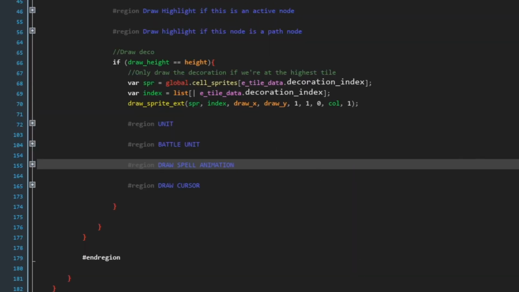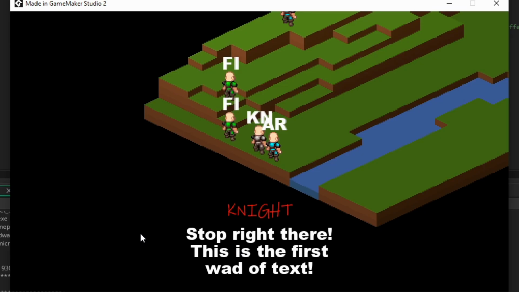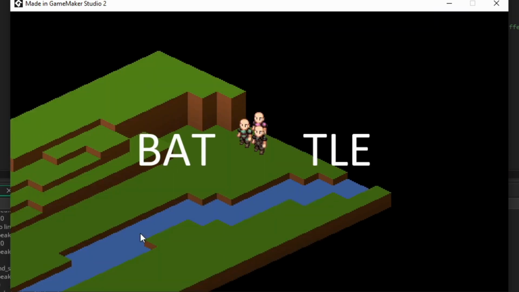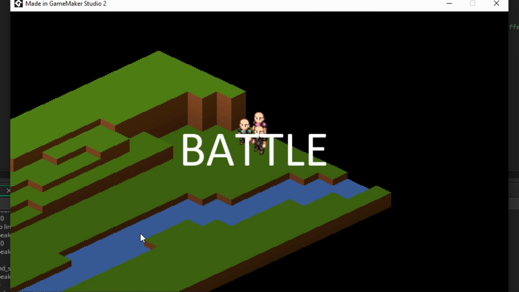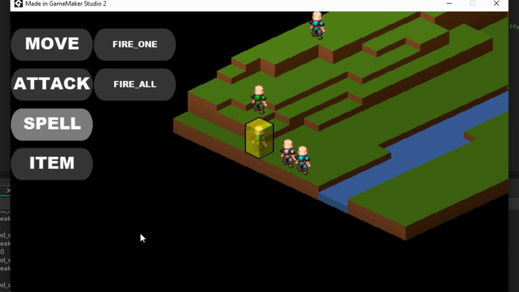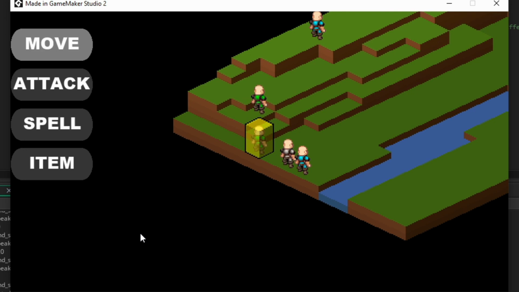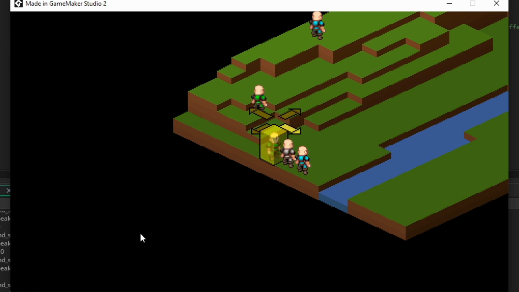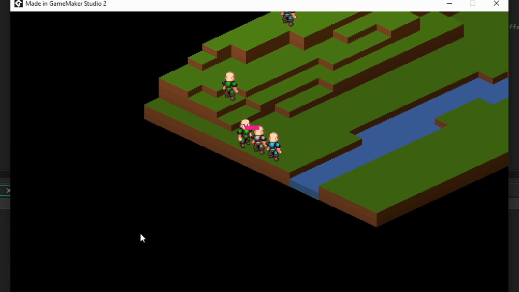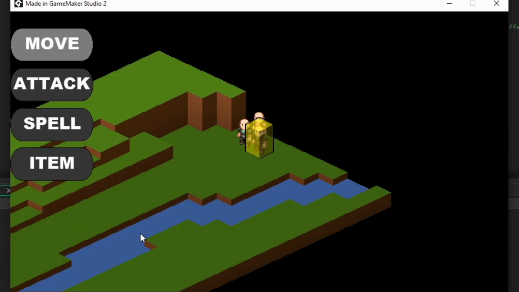We should be able to run the game now. I haven't really tested items. Using items in this, that's going to be in the next episode where all the stats are going to be done. Hopefully other stuff as well. So for now we're just going to test to make sure we can attack and cast spells and stuff. So I'm going to move next to this guy, the knight, and use my attack option. And you can see the fighter played animation and the knight played their animation, and then we got sent to